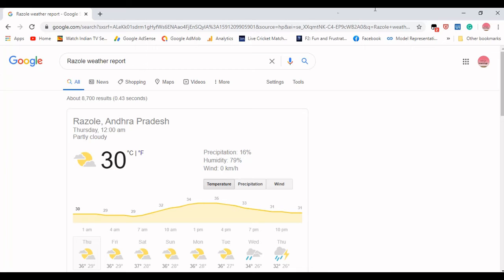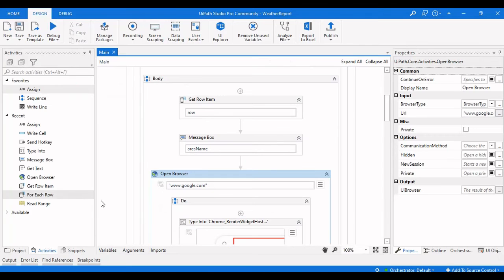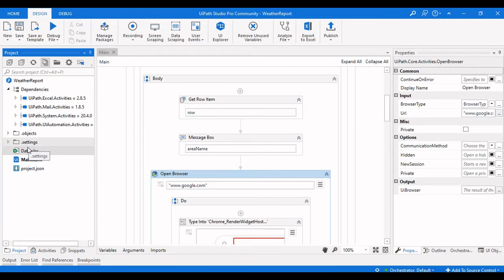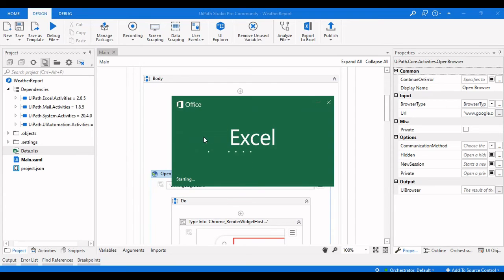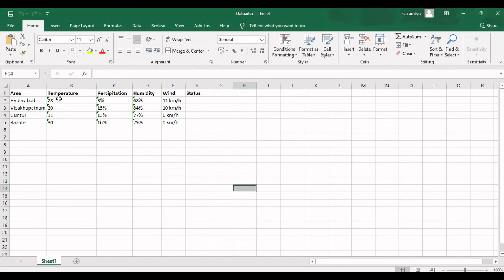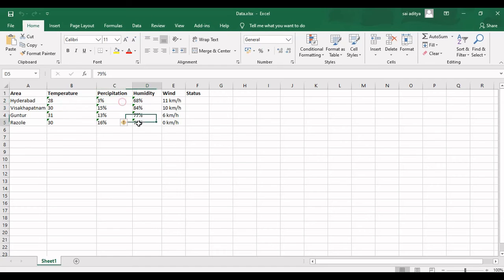So let us verify the Excel file whether that is updated or not. So we are able to get the values here, and finally we need to write the status column as well.